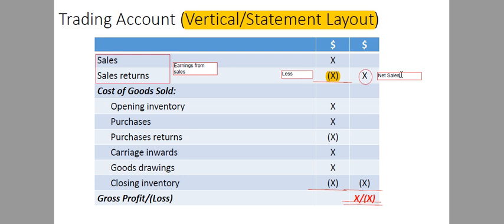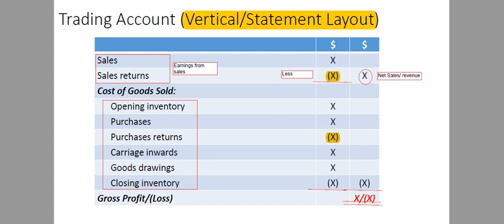Then the next thing is, so let's make the complete notation. This is your net sales or your revenue. This is what the business earned. Then the second calculation is your cost of goods sold, and it's the second box in the formula, the B of the formula. And if you see in the first column, there are two numbers with the brackets, the purchases returns and the